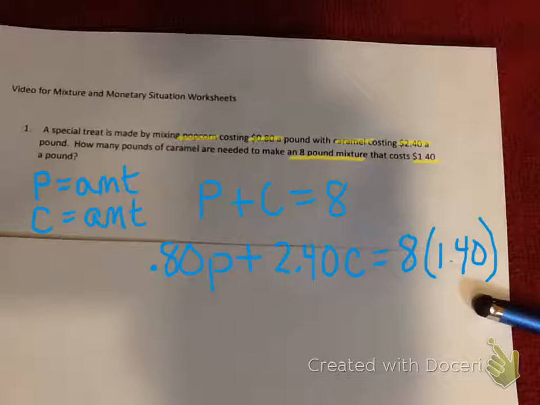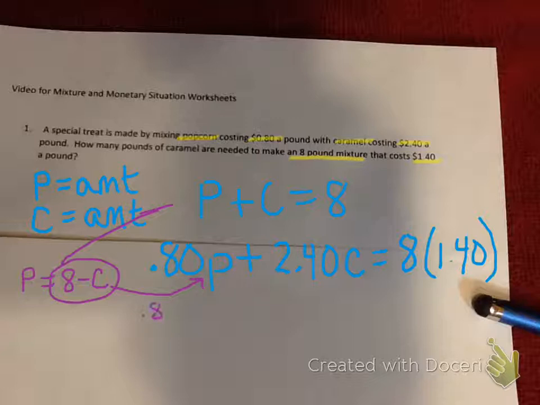So now that I have two equations, I should be able to set it up and use substitution or elimination. And I'm going to go ahead and use substitution on it. So I'm going to take that equation right there, and I'm going to solve for P. So I'm going to take the C and move it to the other side. So it will say 8 minus C. I'm going to use this 8 minus C, and I'm going to substitute it in where the P is. So I have 0.80 times 8 minus C plus 2.40 C